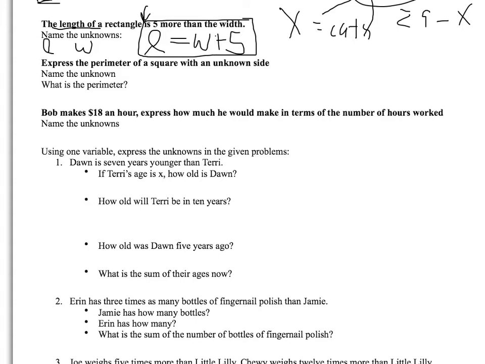So, now, express the perimeter of a square with an unknown side. Okay, so a square, we all know what a square looks like, but one interesting thing about the square is that this side, we'll call it a length of X, so that's side length, is going to be the same as that side length, which is the same as that side length, which is the same as that side length. So all the sides are the same. Now, if X equals one side length,